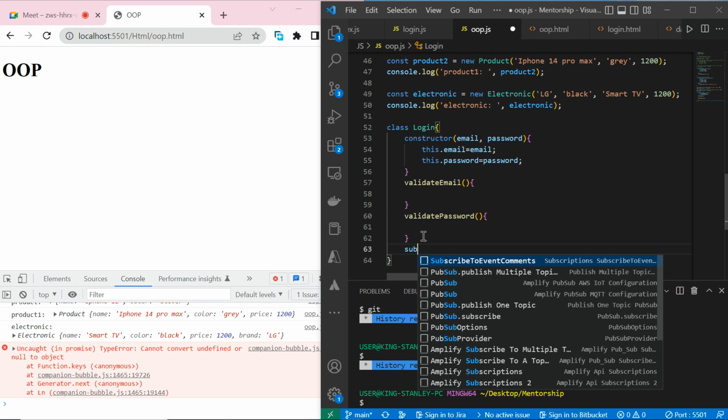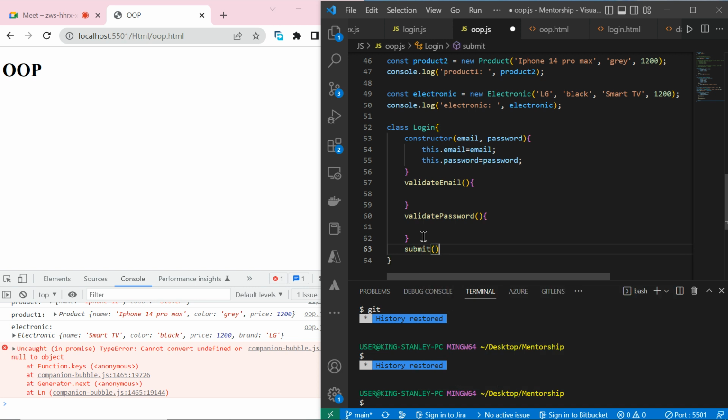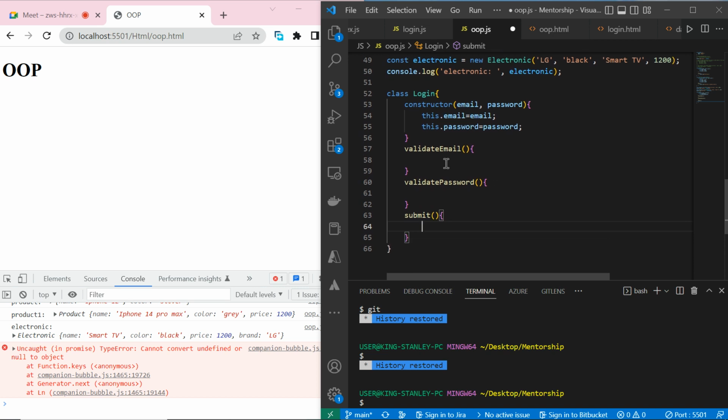Then we had another method called submit. So all three methods we wrote in that file as separate functions are organized under the class Login, so that once you instantiate the class anywhere you need it, you can say login.validateEmail, login.validatePassword, login.submit, and your code is pretty well